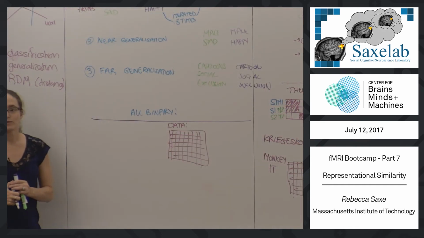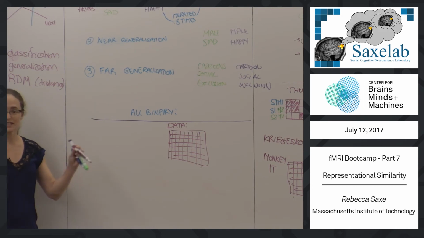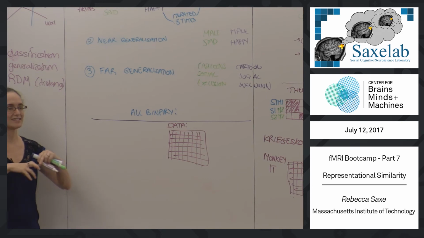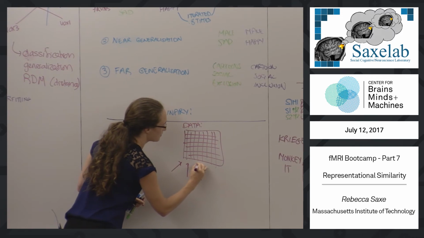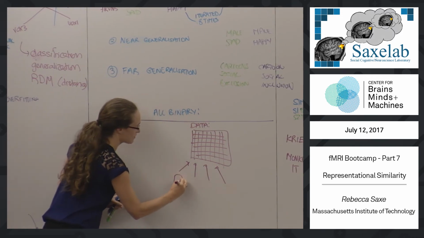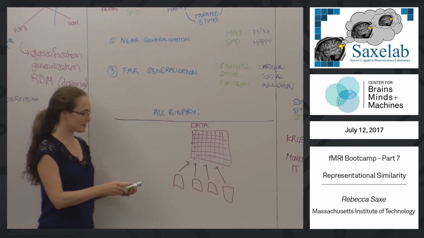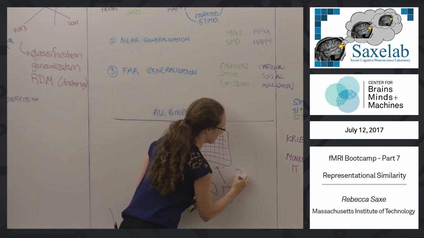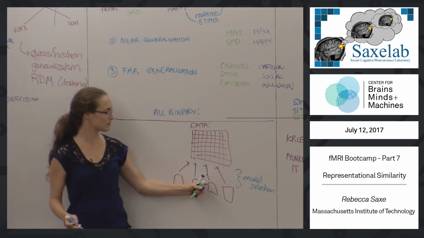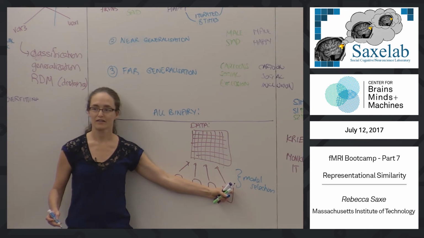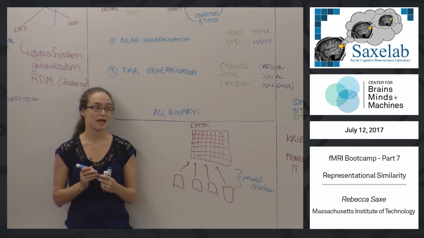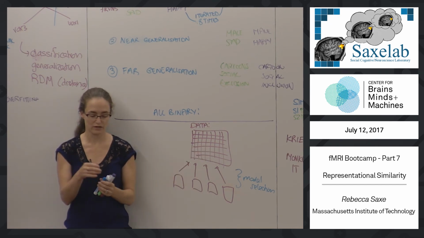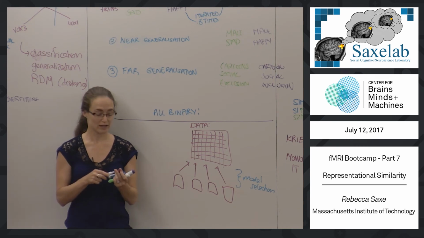So this, again, could be a set of different faces, or a set of different objects, or a set of different movies, or a set of different sentences, where there are many different possible sources of the theoretical RDMs. And this, in a sense, becomes a model selection problem, where you're asking which theory generated the RDM most similar to the data. And in principle, and again, this was the vision Kriegeskorte offered,